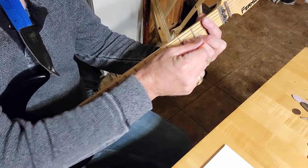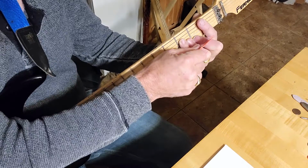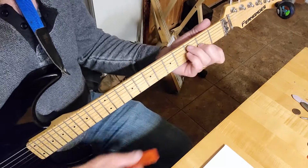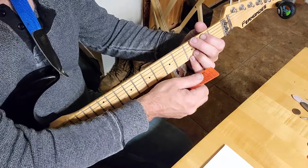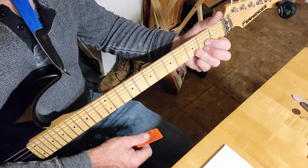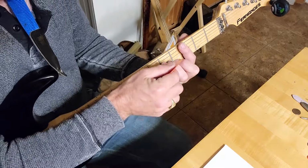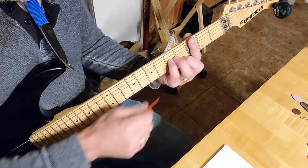Check your knuckles to make sure that they're bent and that they're not like that. If they're like that, then you're going to be all over mushing the strings. They should be a comfortable curve, just like all of your other chords. You don't force any of those knuckles to be bent or to be straight. You leave those bent, so make sure they've still got the nice curve in them to reach over to the strings. And like on that A minor,